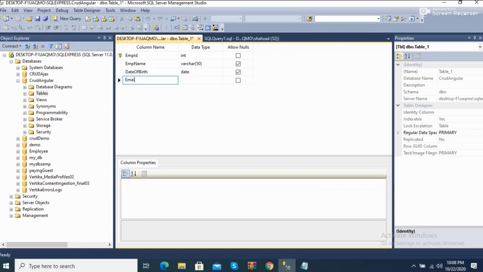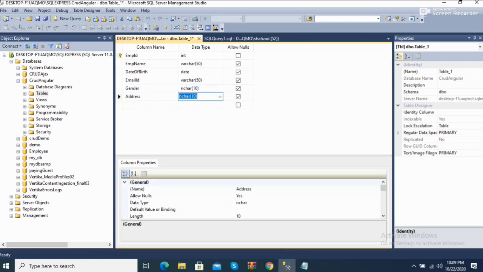The fourth column is email ID, which should be varchar. Then gender, address, varchar 100, pin code, varchar 50.